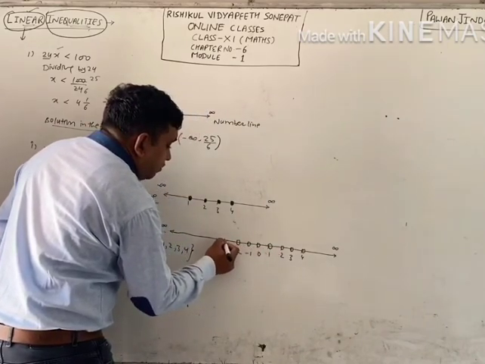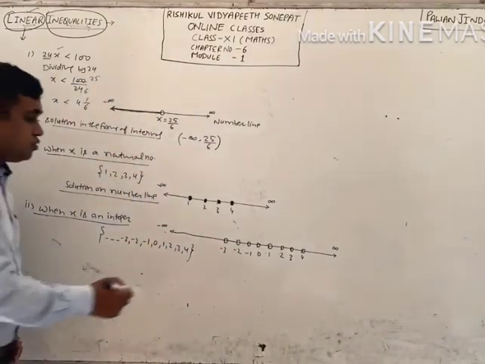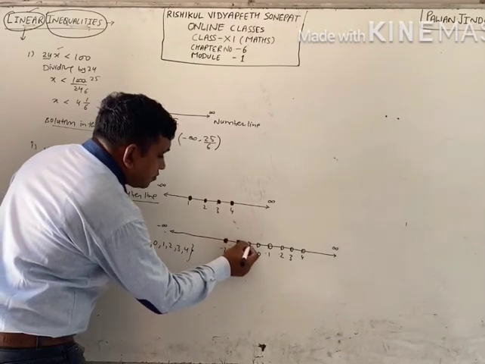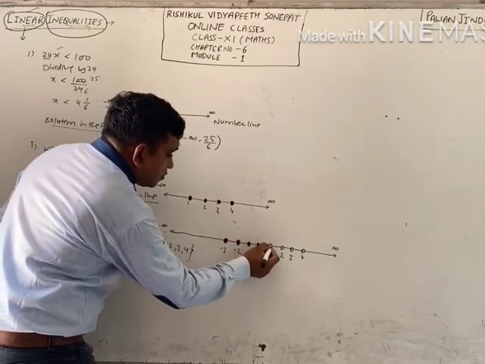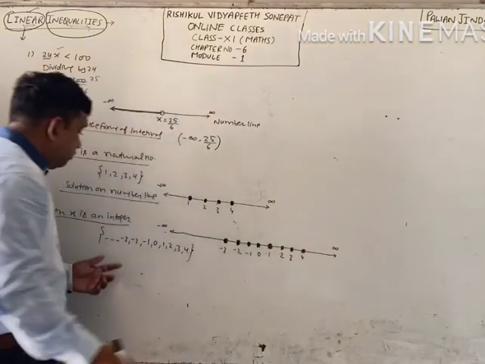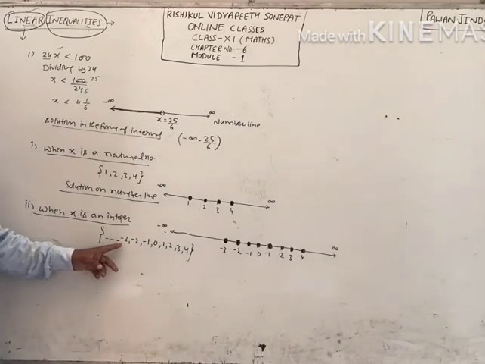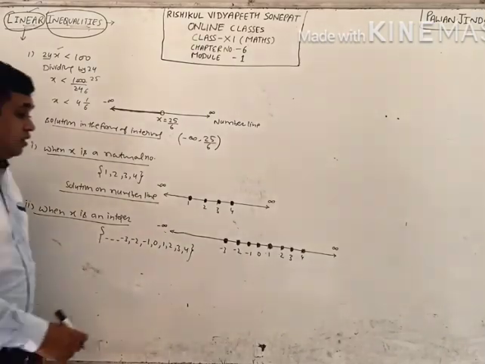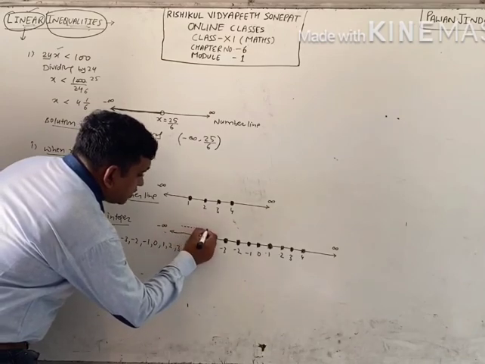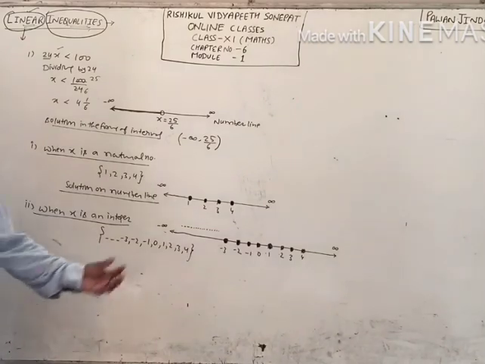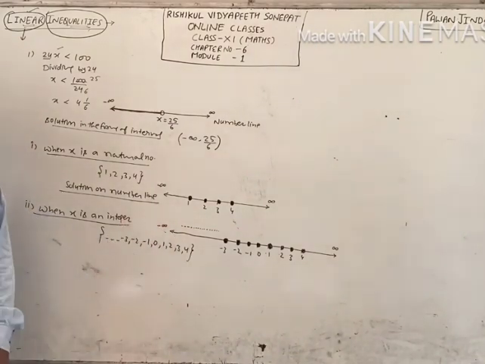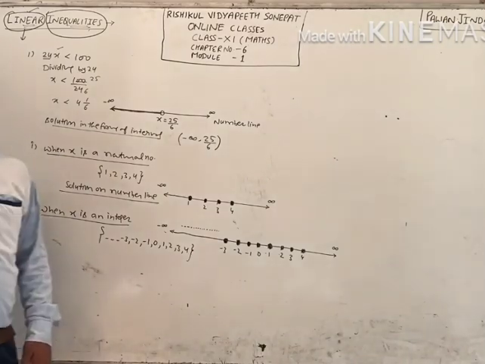But there are many more solutions other than these values. I am darkening all these. Right? But still many more points are left. How will you plot them? Because these points are going up to minus infinity. For this, you will make dots like this, up to some. In this way, you can plot this solution on number line. Right? Now, thank you.